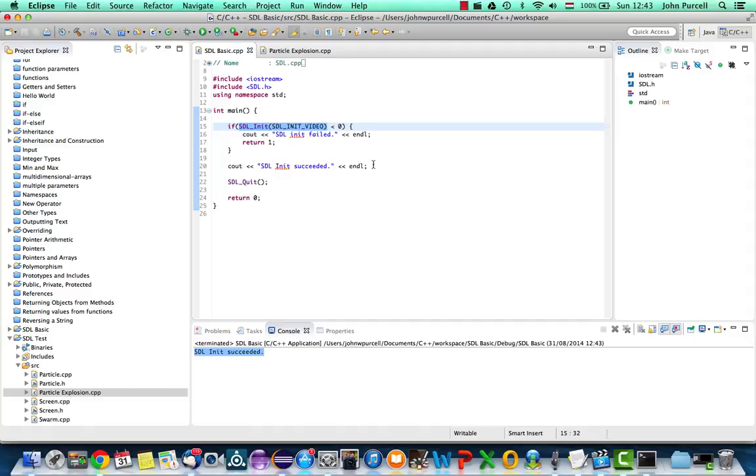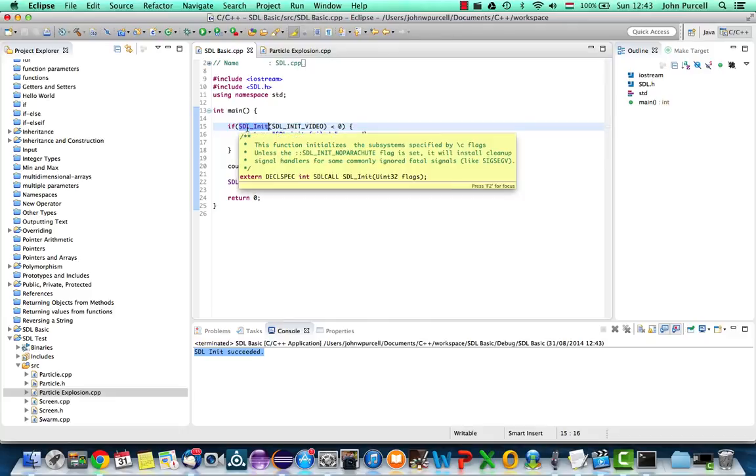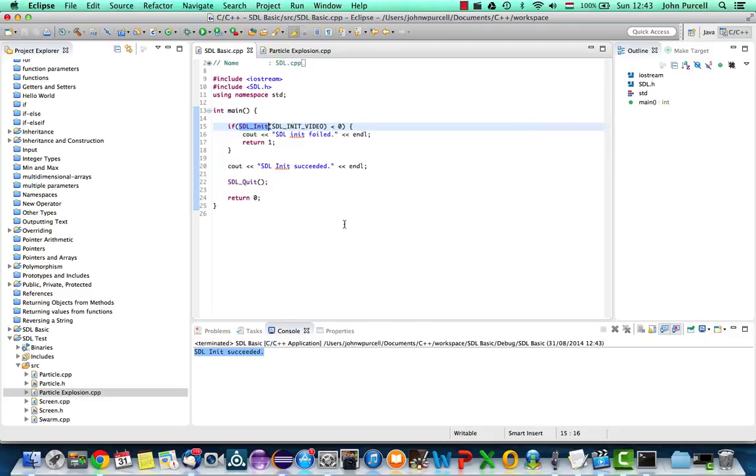I don't know why it would fail, and if it does, you need to get into Google, I'm afraid, and do some Googling. Look for SDL init fail, check the actual error code from this, get the actual integer that it's returning, print it out, and try to Google for that code, SDL init error code, and look for what